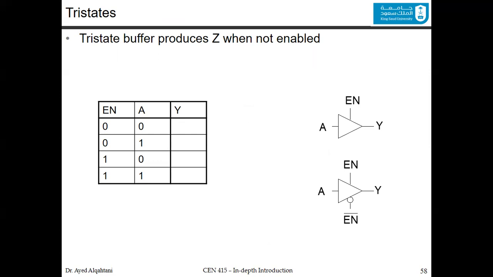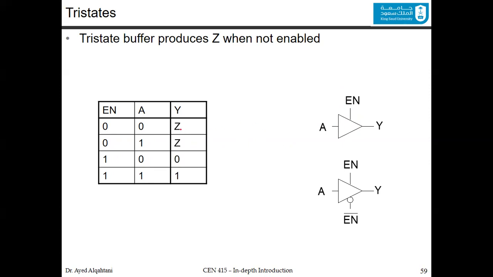So the buffer is actually passing the A to the output, or the A to the Y, only depending on the value of the enable. Now, since the enable here is active high, if it is 1, then A will pass to the output. If it is 0, there is no passing, which means the output is a high impedance,